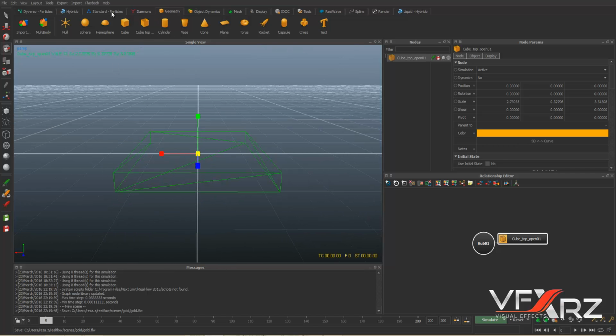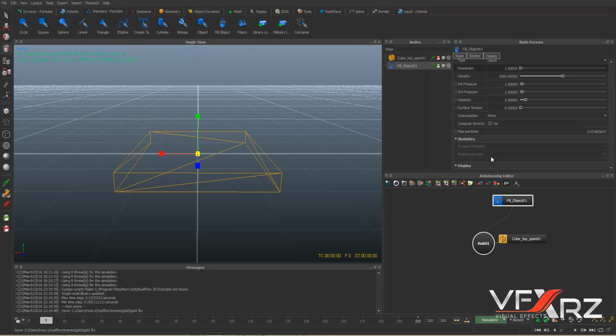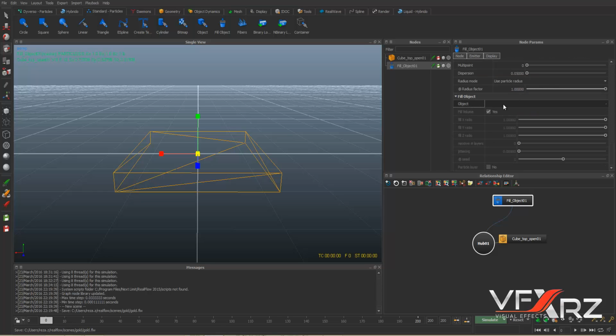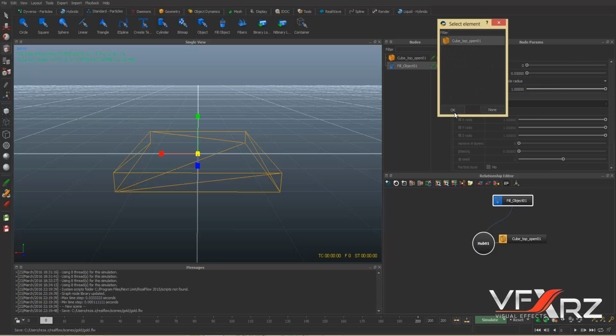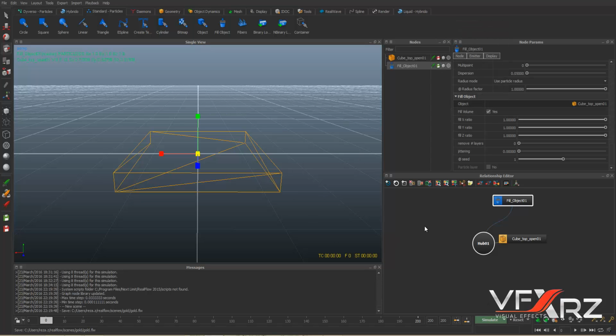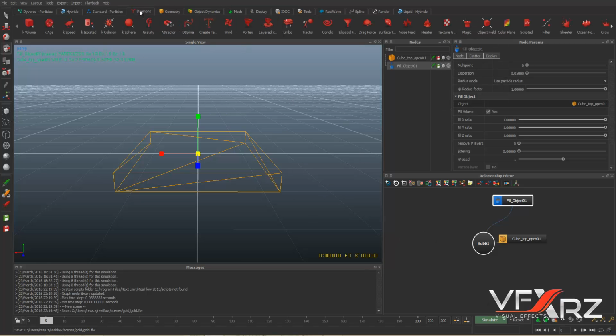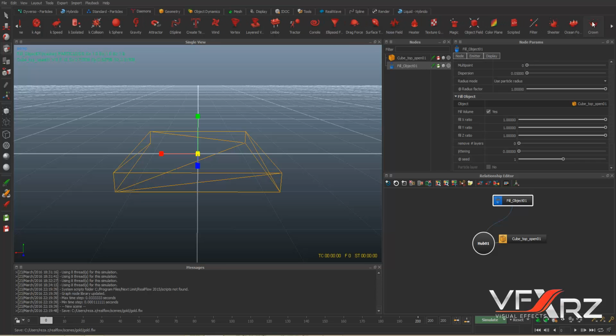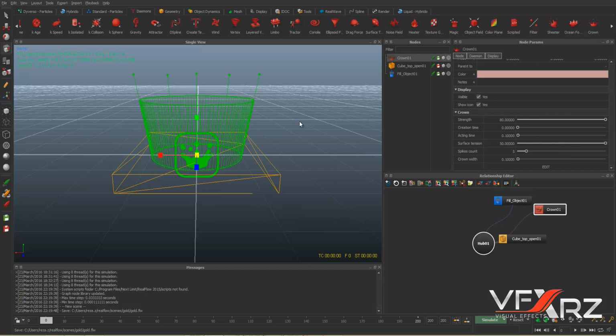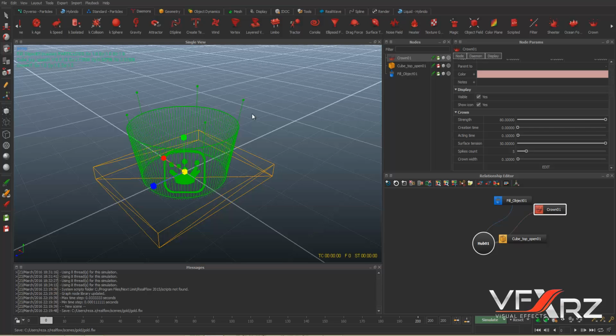Okay, now create a standard particle, and in fill object select this fill object, and in object select this cube top open. Okay, now in daemons click this crown deformer, click that. Okay, now click scale and change the scale of this, for example here is good,